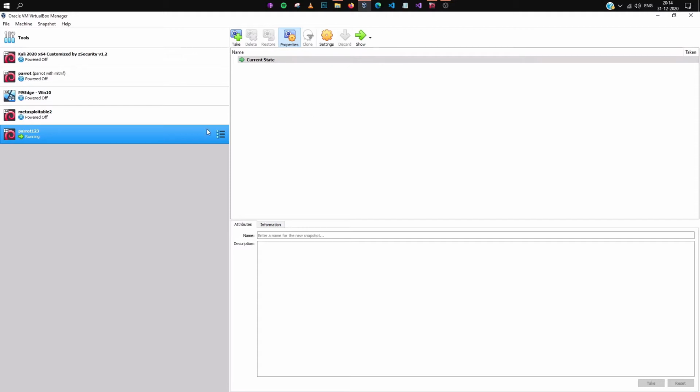We'll be connecting this Parrot operating system in the NAT network, and we'll also be downloading these two virtual machines in the future. One is called Metasploitable 2. This is a vulnerable web server, and this is called Windows 10. Well, as you already know, in Windows 10 we'll be practicing our hacks virtually before we move on to